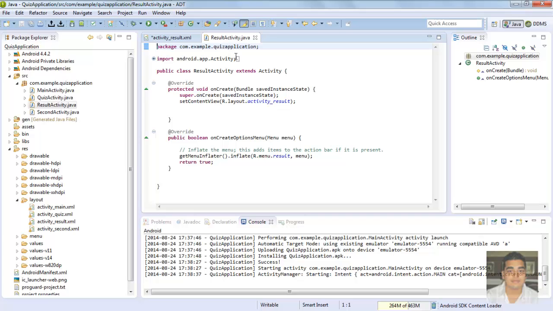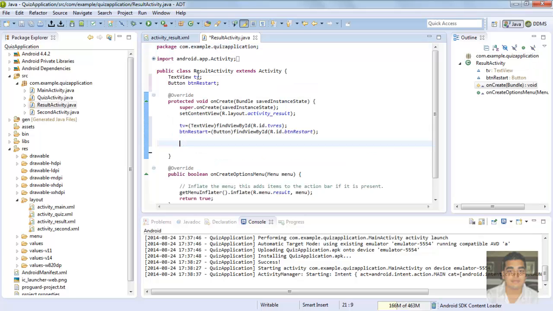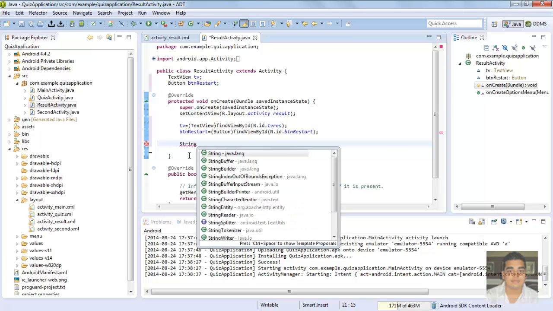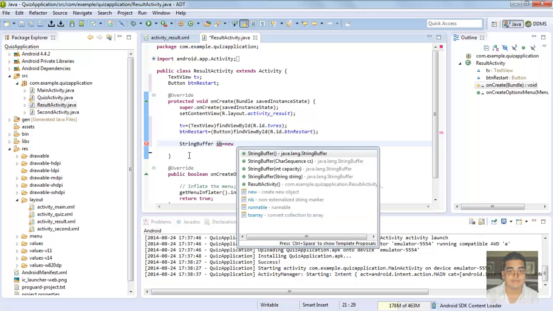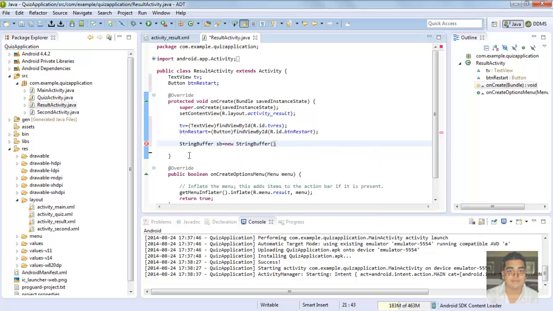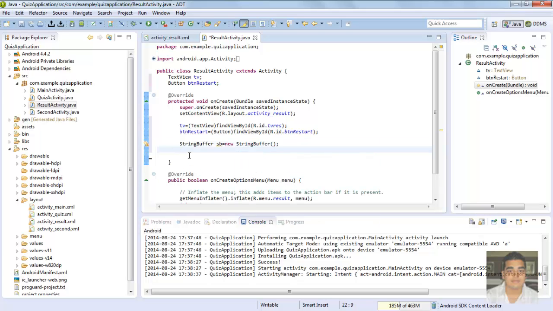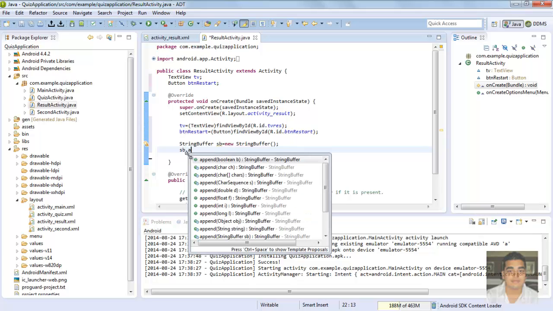Inside that, register your variables. So after registering the controls, we have to use the string buffer. Let's say sb equal to new string buffer. For storing the result values, string buffer dot append